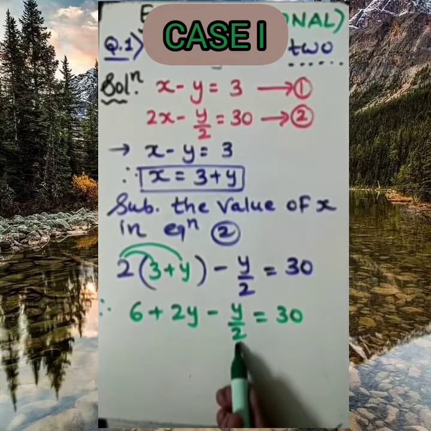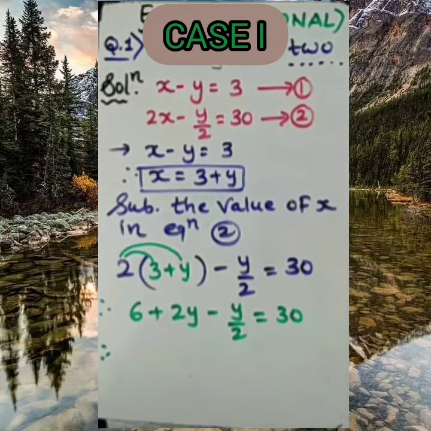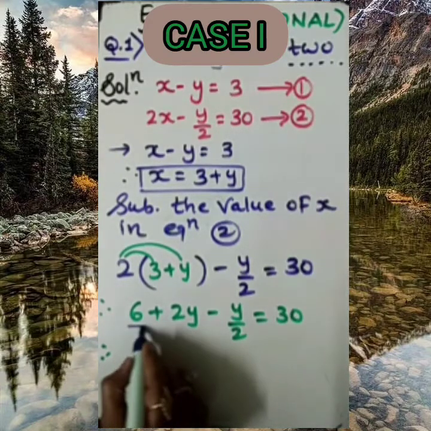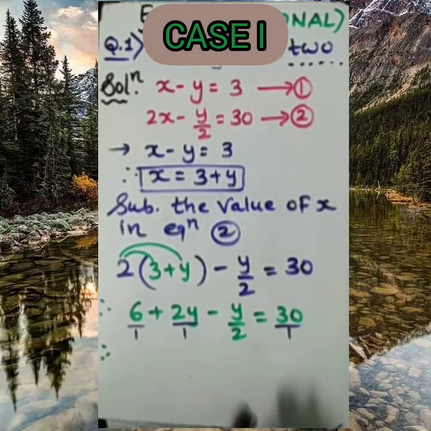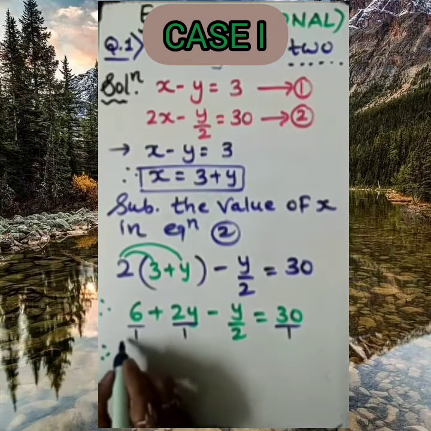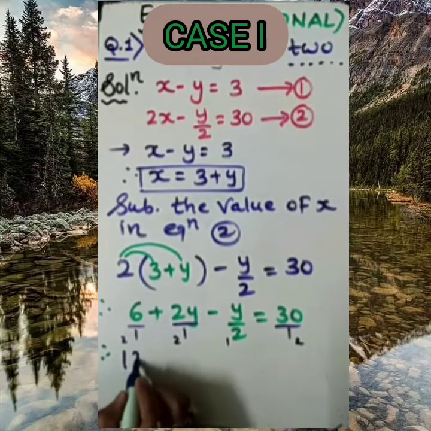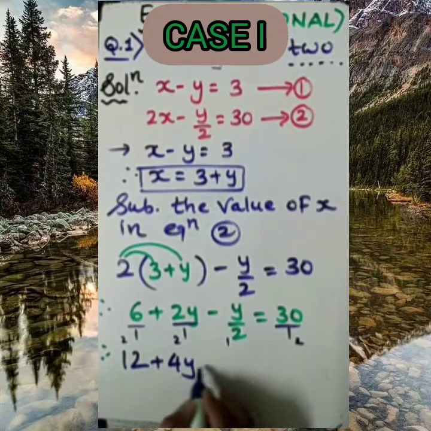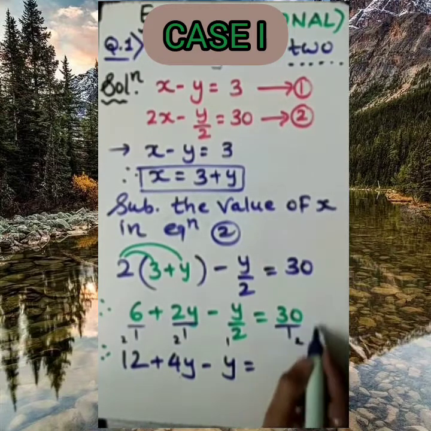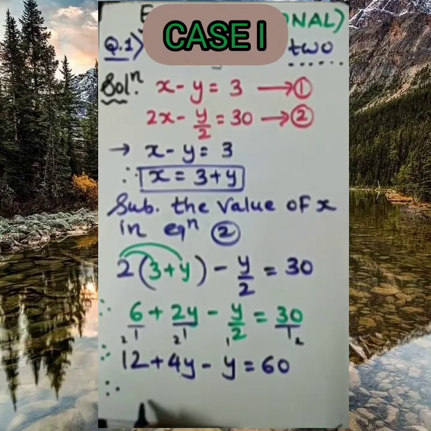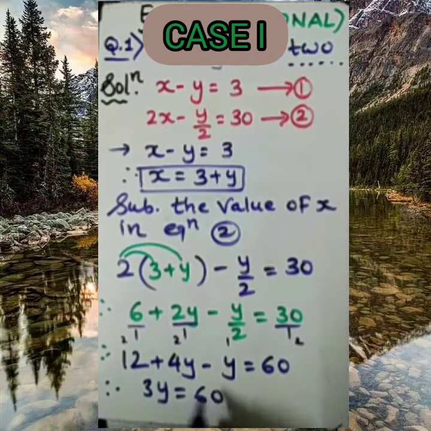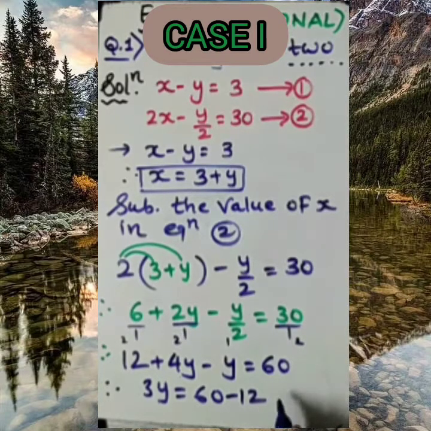Now in such a case, whenever we are having 2 here, take LCM and try to make it easy. Suppose here nothing given means 1. So the LCM will be 2. So we need to multiply with 2 here, 2 here, 1 here, 2 here. So 2 sixes are 12, 2 twos are 4, y 1 is y, 2 thirties are 60. Fine. Now as we know here 4y minus y is 3y, and this 12 I am bringing to this side. So it will become minus 12. 60 minus 12 gives the result 48, right?